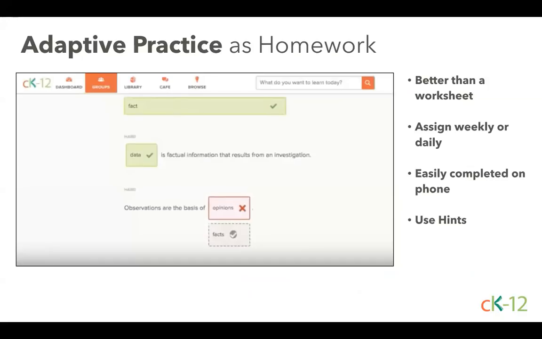And the problem with the worksheet is it's got 50 questions, and all the kids have to do all the questions. Some kids don't understand it, so it's 50 questions they don't understand. If the student already knows it, there's no reason for them to do that either. So instead of doing a worksheet, you can assign the CK-12 adaptive practice because it adapts to the level of